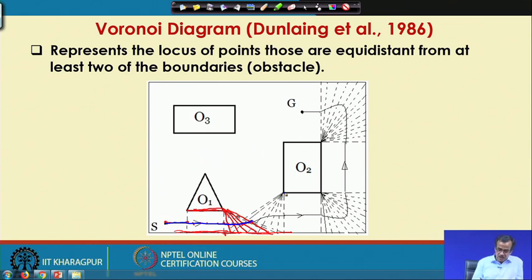Next, we try to consider this particular vertex of the obstacle O2, and this is the boundary of the field. So, what we do is we try to draw some straight lines, for example, from this boundary to this point. These are the straight lines we consider and try to find out the midpoint. The midpoint of this straight line is here, this is the midpoint, this is the midpoint, and we try to join them by a smooth curve, and this could be the path.